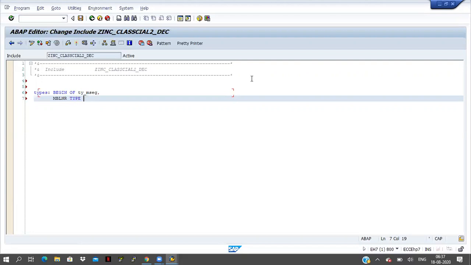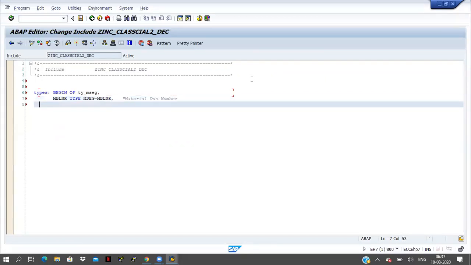MBLNR, type MSEG hyphen MBLNR, material document number. And MJAHR, type MSEG hyphen MJAHR. This is the document year.